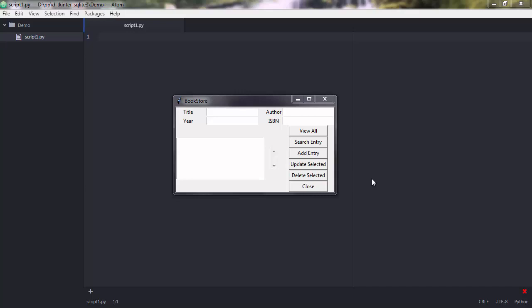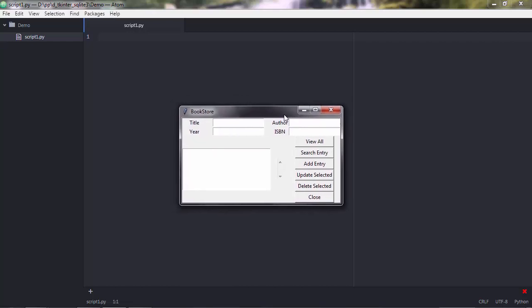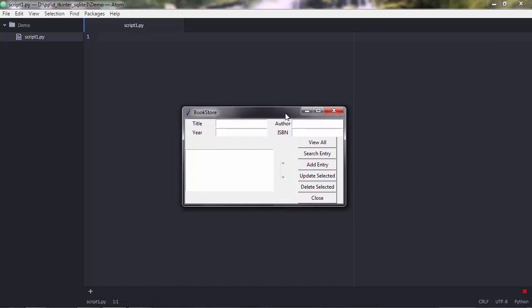Hi there, and in this lecture, what we're going to do is start to build our bookstore program. Specifically, we're going to work on the graphical user interface, because this program has two parts, so to say. It has a backend and a frontend. The backend is the SQLite3 database code, so the code that interacts with the database. And the front end is the code of the Tkinter library, so the code that builds up all these buttons, these entries, this text, and this list box, and this scroll